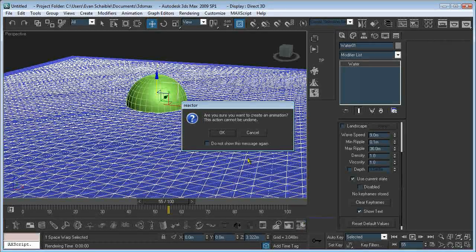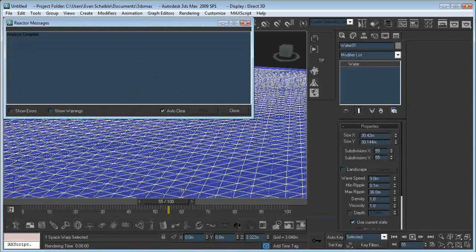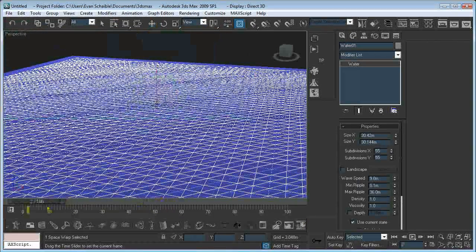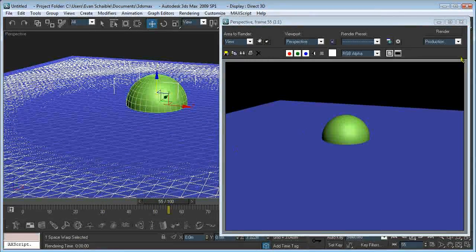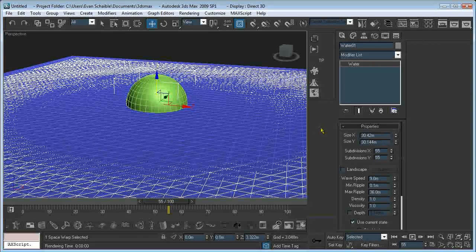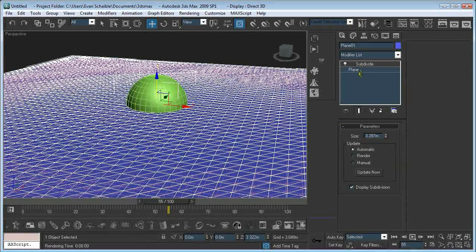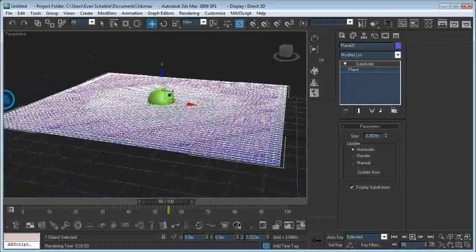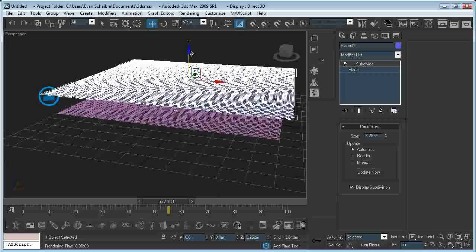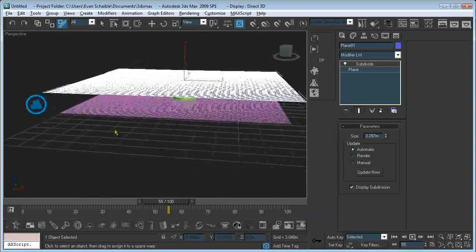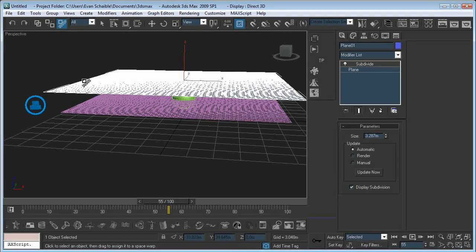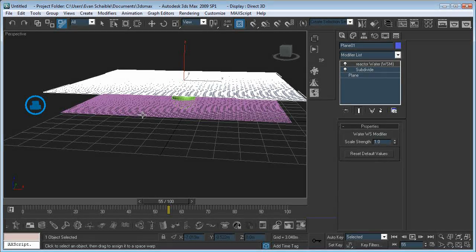I'm going to clear these keyframes and I'm going to recreate the animation. Okay, and now you can see we've got that going on, but the reason we're not seeing it represented in our geometry is simply because if we come to our plane here, we need to bind this plane to our world space modifier, and that's going to transfer all of our information. So if we grab our space warp and drag it and bind these two together,